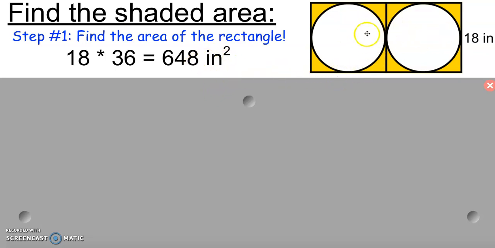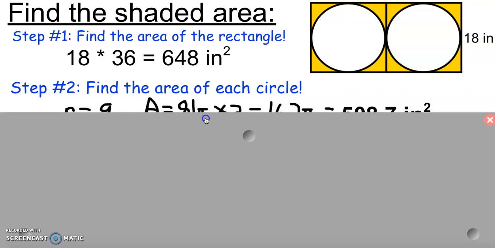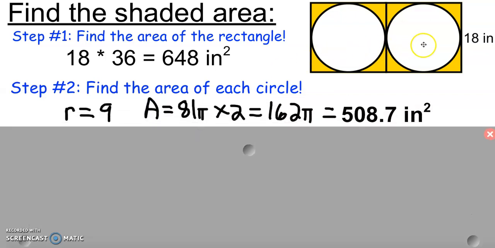And then I'm going to deal with each circle here separately. Because this is 18 all the way across as a diameter, the radius is going to be 9. So the area of each circle is going to be 9 squared pi, which is 81 pi, and this one will also be 81 pi. I can now combine these together, and 81 pi and 81 pi is 162 pi, which is